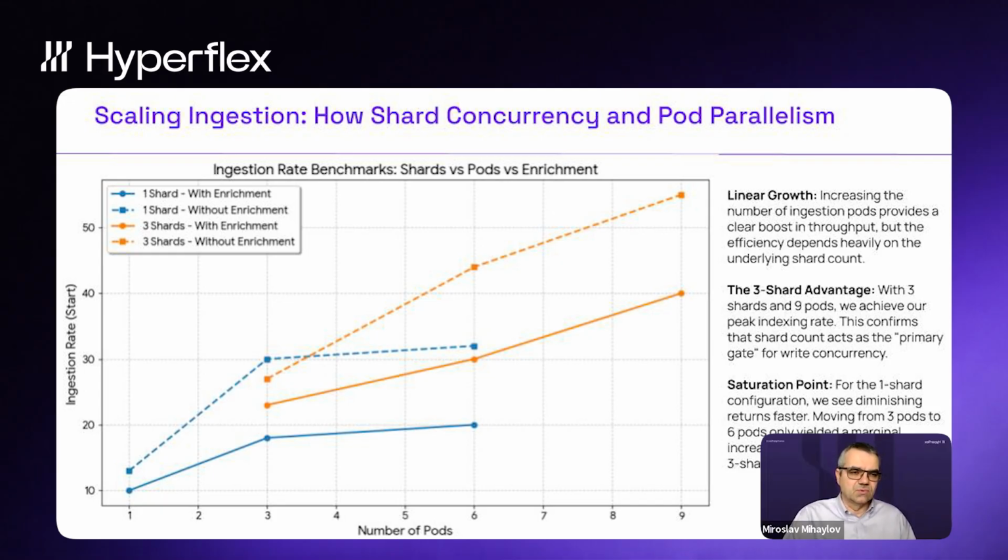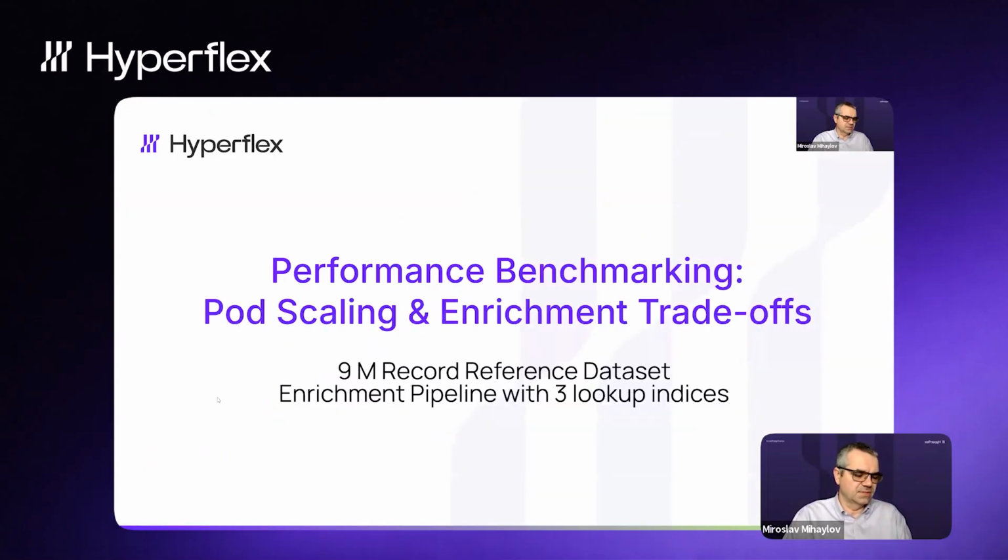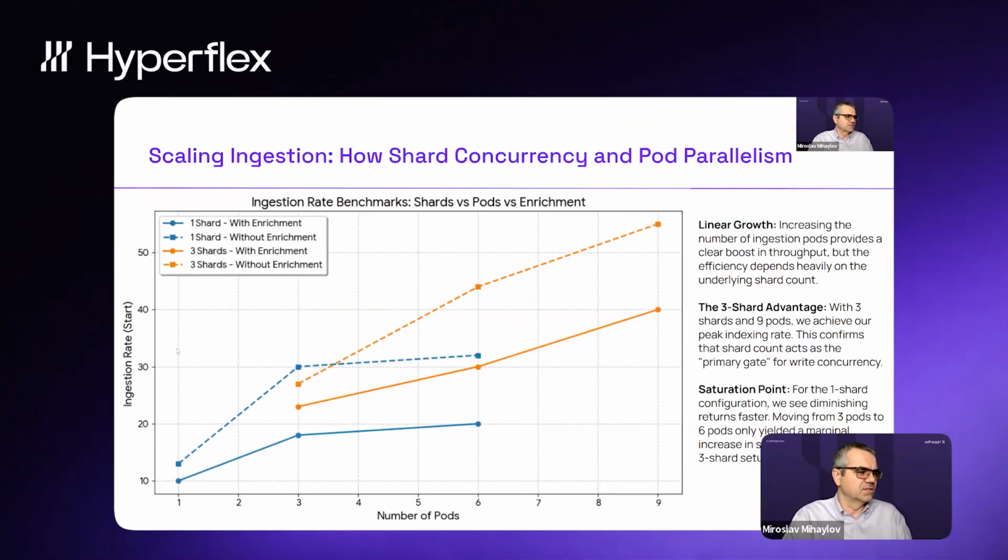So it's not only a matter of how many parallel threads you have to ingest, but also how many shards on the other side are ready to meet that intake. Also, another comparison here: the top lines are without the enrich processor, and the bottom ones are with enrichment, and you see there is an overall linear shift in performance. Vertically, it's the ingestion rate in thousands of documents per second.